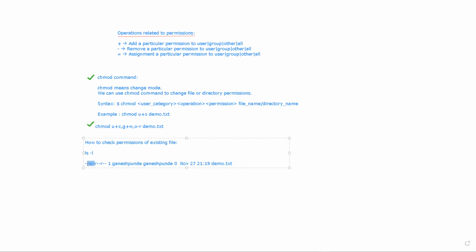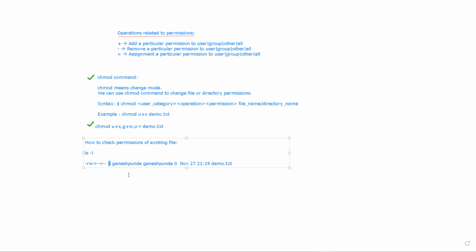This is the user or owner level permissions, these are the group level permissions, and these are the other group permissions. This is the link of the file, right?